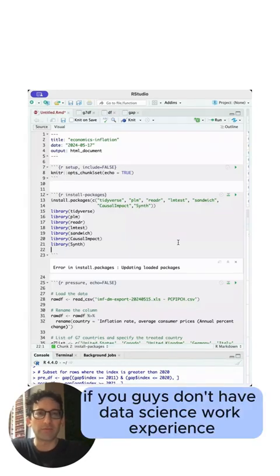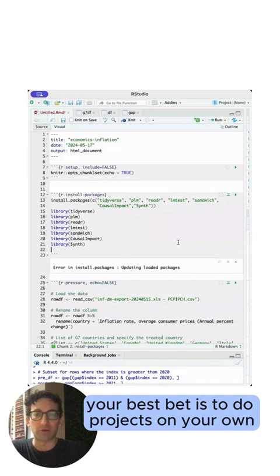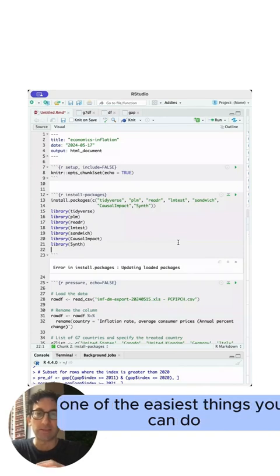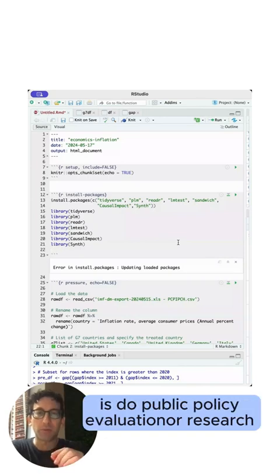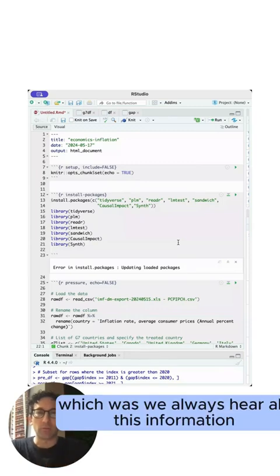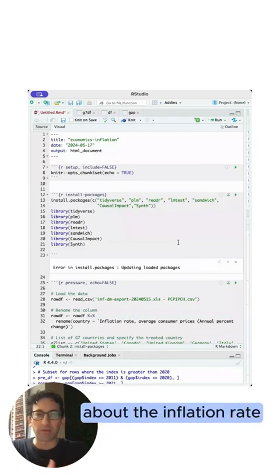If you don't have data science work experience, your best bet is to do projects on your own. If you're interested in the causal inference space, one of the easiest things you can do is public policy evaluation or research. So I had a question, which was, we always hear all this information about the inflation rate